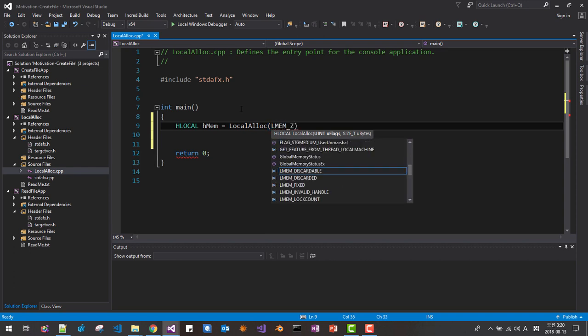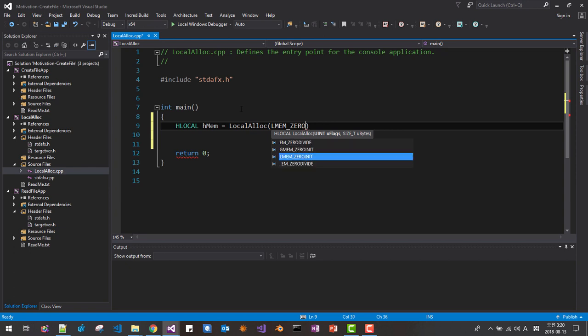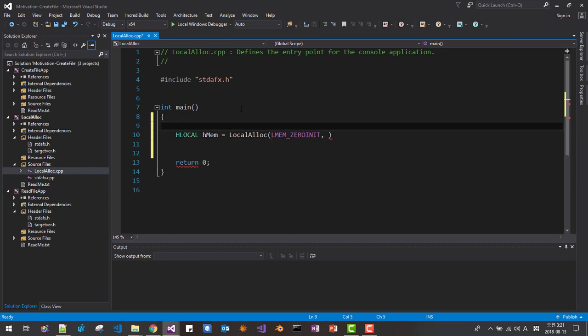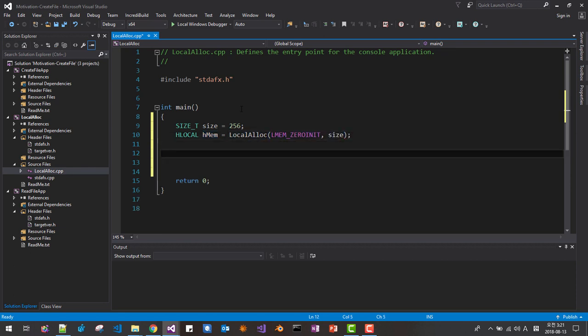LMEM_ZEROINIT. Then we will change it to size_t size, 256. We are actually allocating memory here. If HMEM